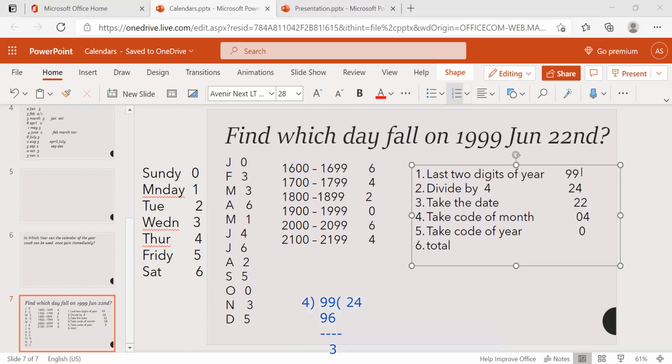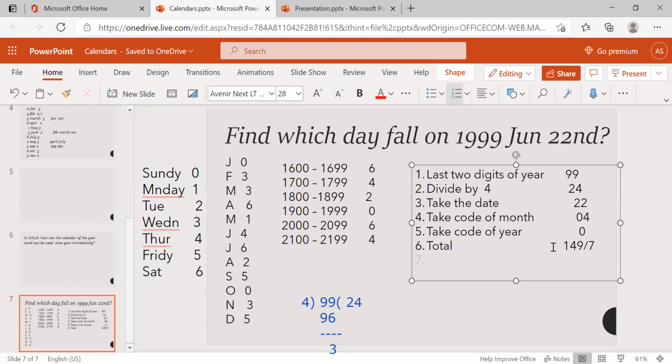Now 24 plus 22 plus 4 plus 99. 24 plus 22 is 46, plus 4 is 50, plus 99 is 149. So we're getting the total 149 here. Then divide by 7.